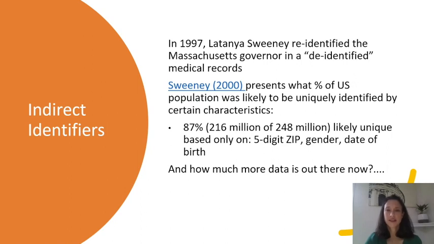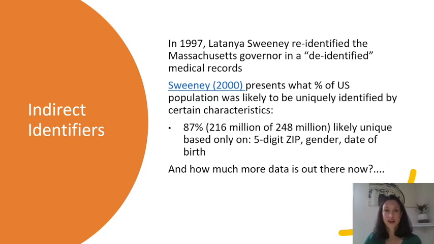In 1997, Latanya Sweeney was able to, using 2 de-identified data sets, one voter registration, and one a recently published de-identified medical records database, re-identify the Massachusetts governor in the de-identified public medical records database. So really highlighting the re-identification risk involved with certain indirect identifiers, and how they can potentially link across